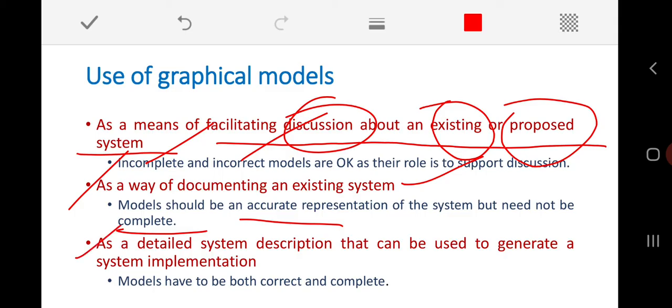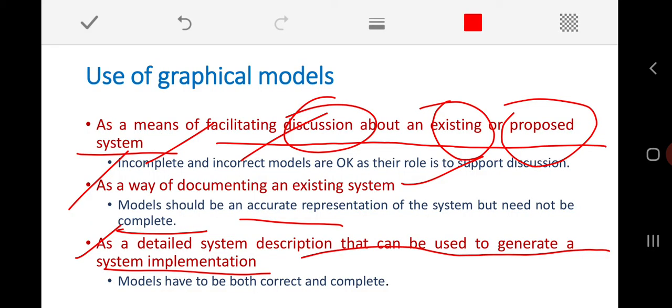The third use is as a detailed system description that can be used to generate the system implementation. This means these system models can be converted directly into automatically generated implementation, meaning the coding part. Such tools are available, and UML is a very popular concept where we design different types of system models in terms of different diagrams, like class diagrams, state machine diagrams, data flow diagrams, activity diagrams, sequence diagrams, interaction diagrams, and package diagrams.